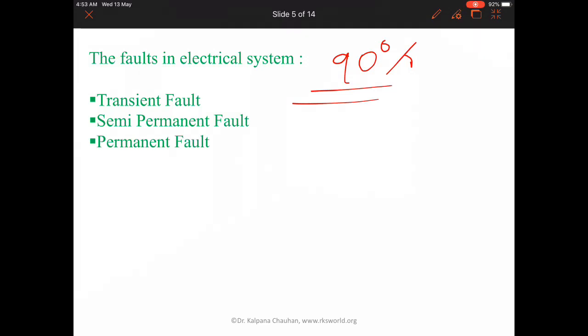Most faults on EHV lines are caused by lightning. Flashover across insulators takes place due to overvoltages caused by lightning and exists for a short time. Hence, only one instantaneous recloser is used in case of EHV lines. There is no need for more than one recloser for such a situation. For EHV lines, one recloser of 12 cycles is recommended. A fast recloser is desired from the stability point of view.